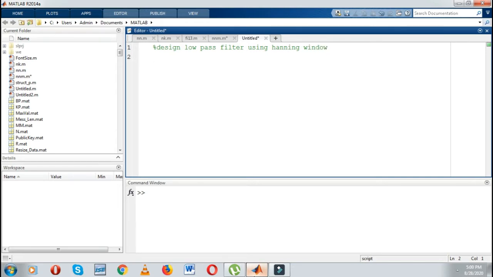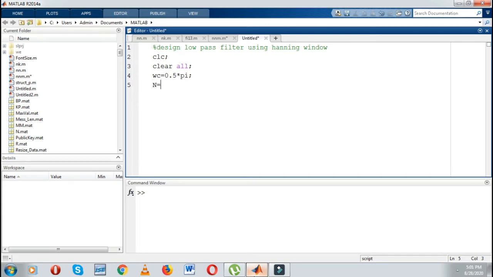So first I can write CLC to clear the command window, then I will write clear all to clear the workspace, then I have to take cutoff frequency, so I will take 0.5 into pi,